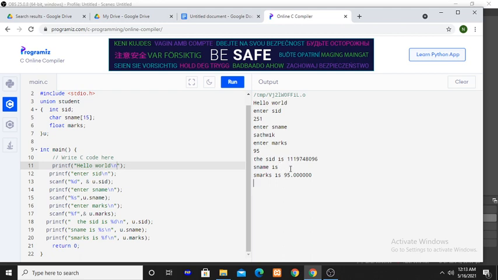SNAME is not displayed. Yes, marks is 95, and it is displayed correctly. Why? Because the last value you entered is the one that will be stored in the location. Again run this. Enter SID 251. Yes, name.